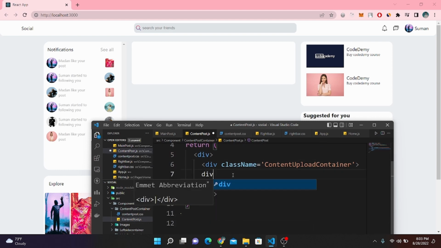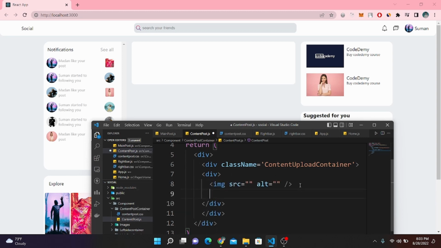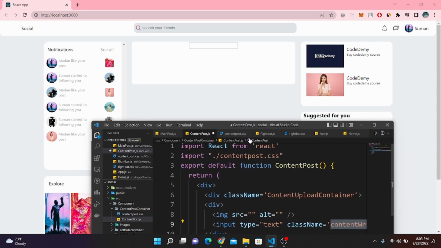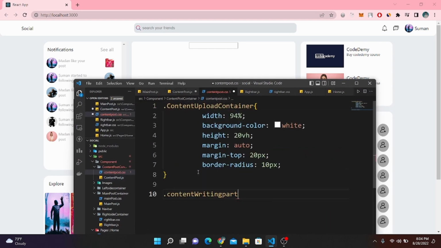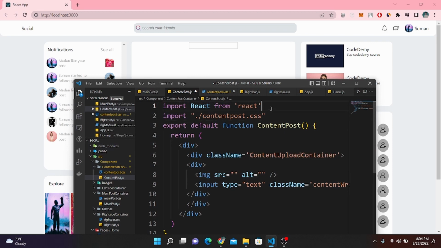and here I'm going to add our div, and inside this div I'm going to add our image img, and let's add our input. So let's give it a class name for our input. So our class name will be content writing part. So now what I'm going to do is let's go back in our css, and I'm going to paste this class name, and but before that let's import our profile image